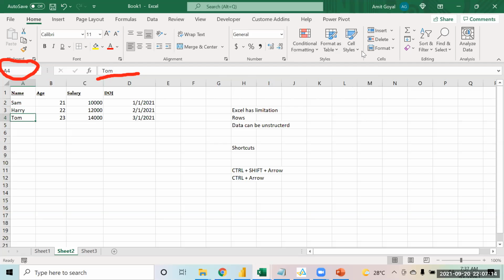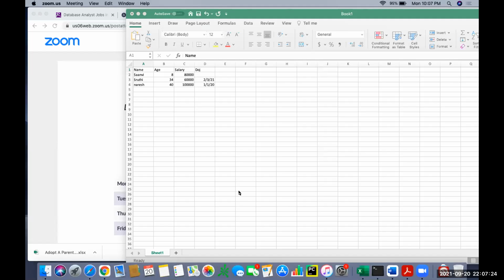Can you share the screen if possible? Sure. Can you see? Yes, you're using a Mac. Over there it could be a little different.